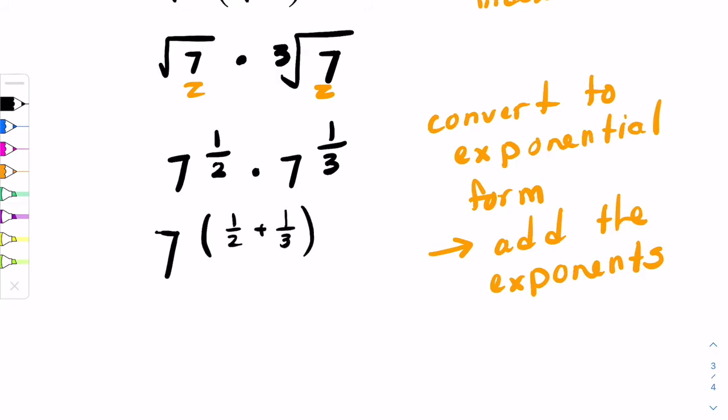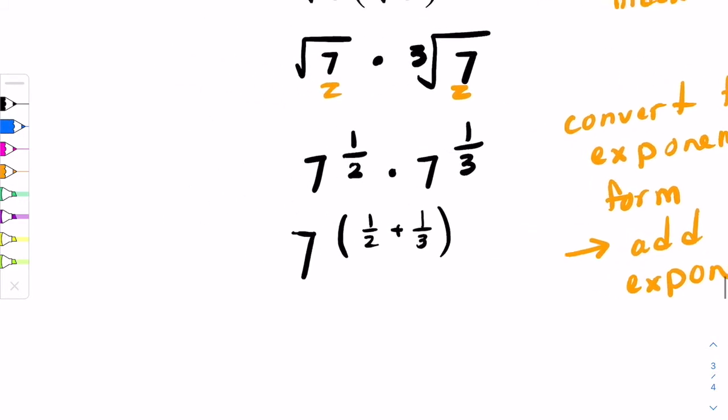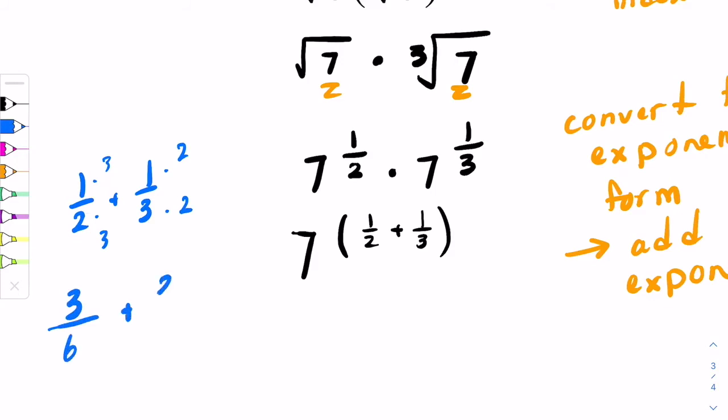Well, 1/2 plus 1/3 is two fractions that have different denominators. If I do this off to the side, 1/2 plus 1/3, a common denominator would be 6. Multiply the first fraction by 3, the second fraction by 2. We get 3 over 6 plus 2 over 6, which gives us 5 over 6. Coming back to the problem, 7 raised to the power of 5 over 6 is going to be your answer